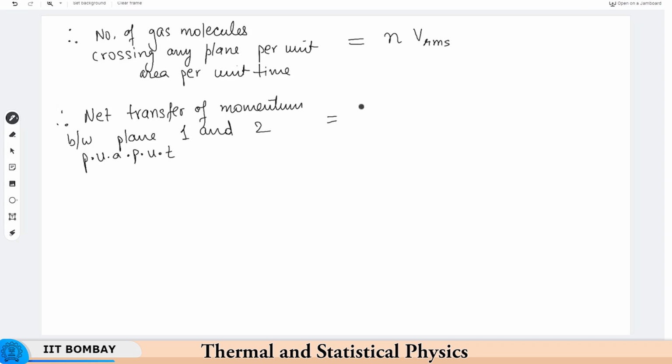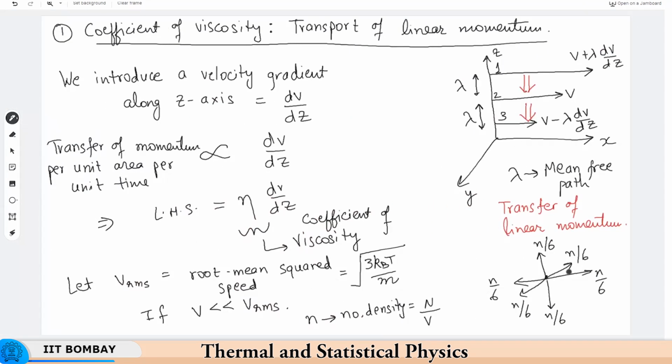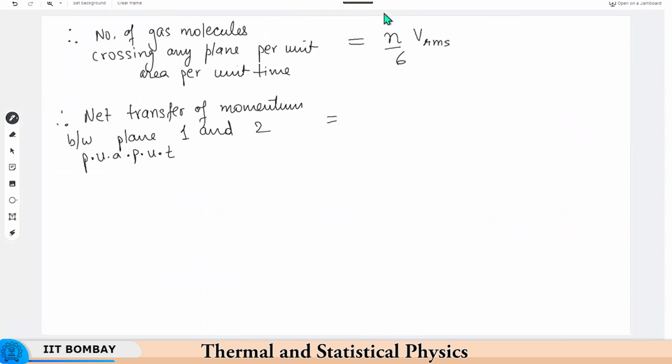So this will be n by 6, because I said there are 1/6 of the number of gas molecules moving in any given direction. So that will be n divided by 6 multiplied by the mass of the molecule multiplied by the speed of those molecules, which is basically